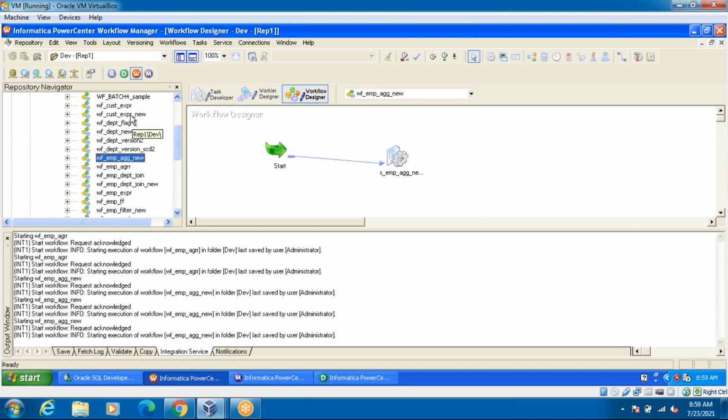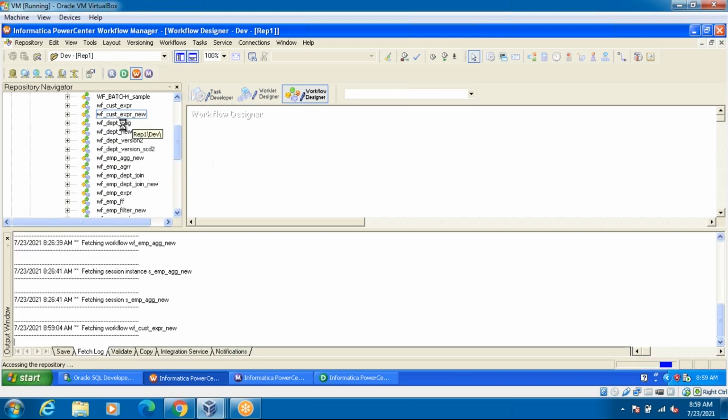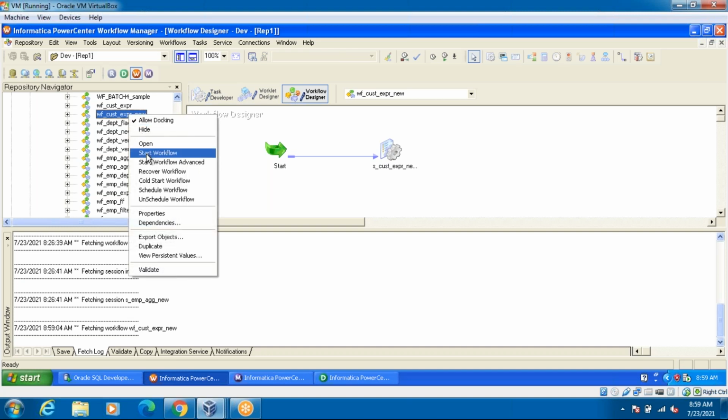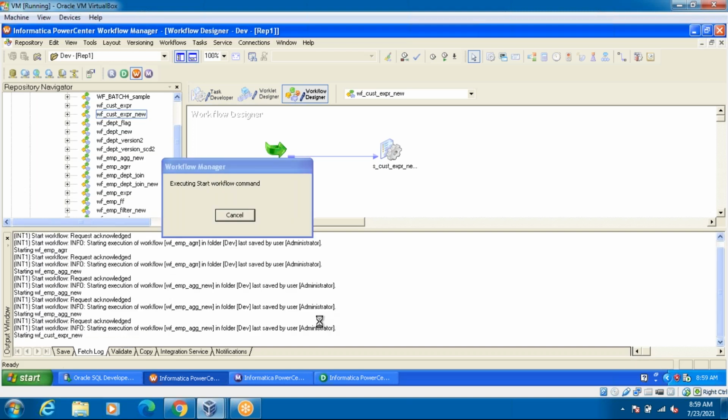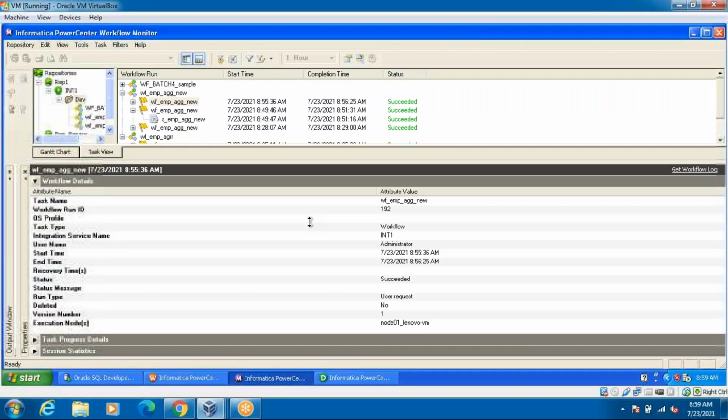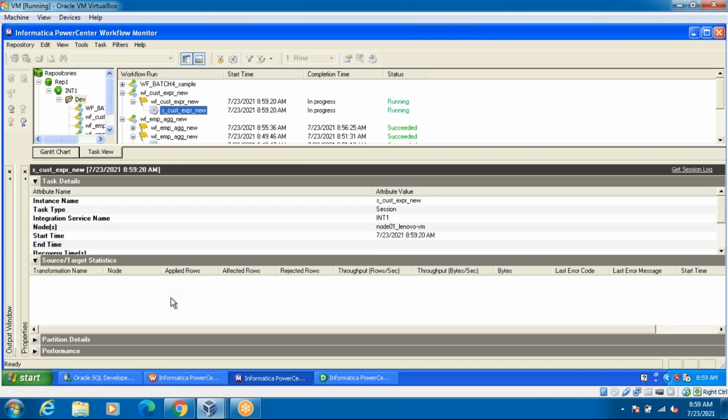Yeah, this is the cust underscore expression underscore name. If we give the same naming convention, then you can easily understand what the related mapping is. Yes, I'm going to execute this job, and we'll see whether the job is executing correctly or not.